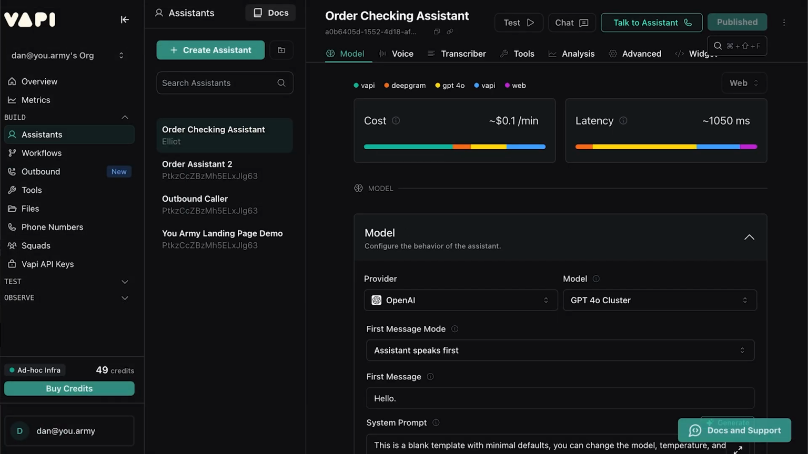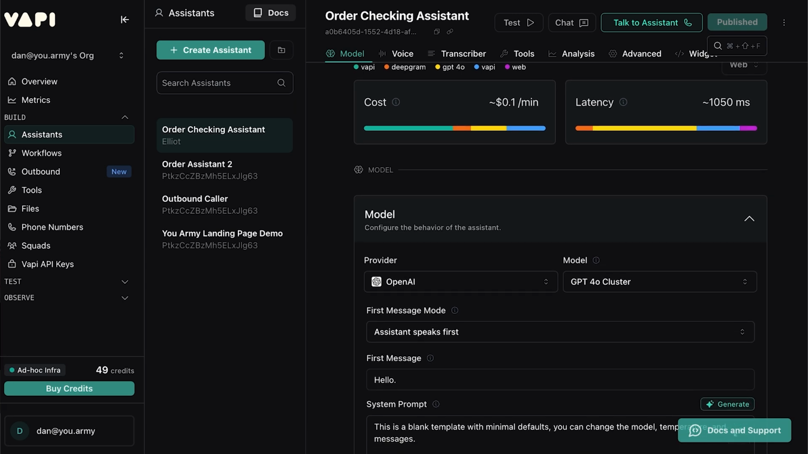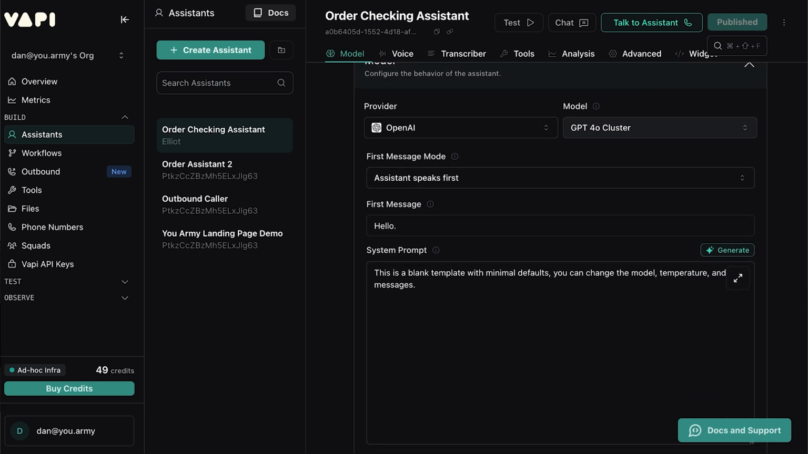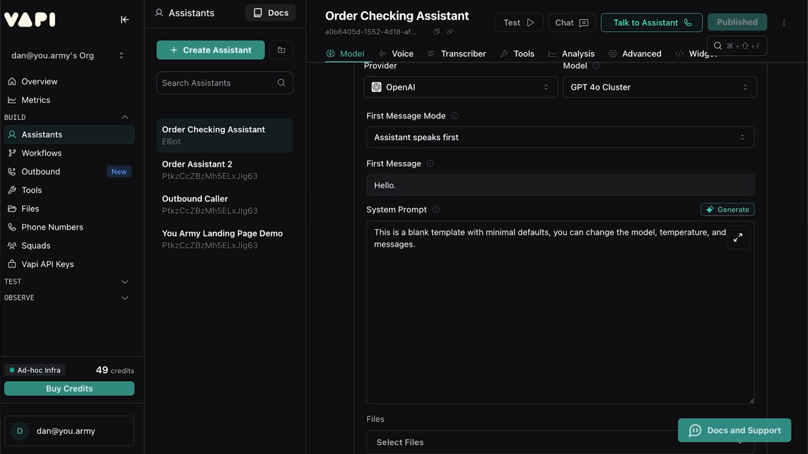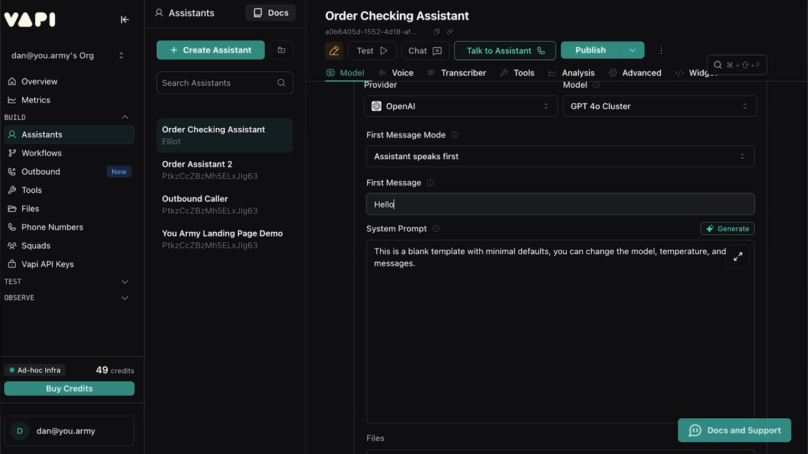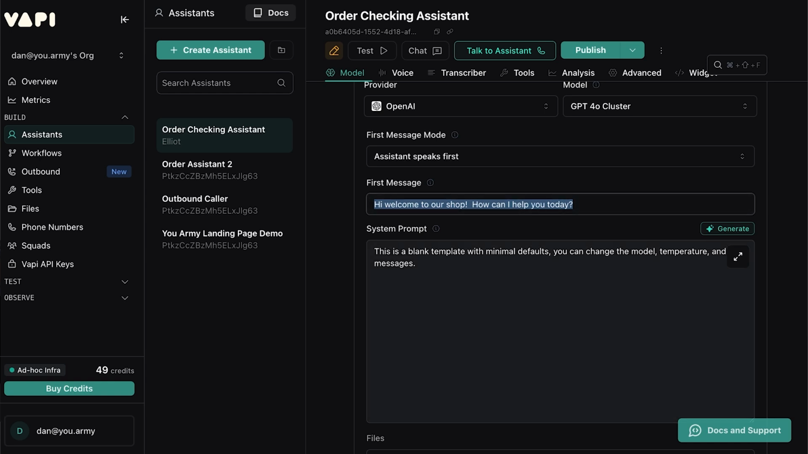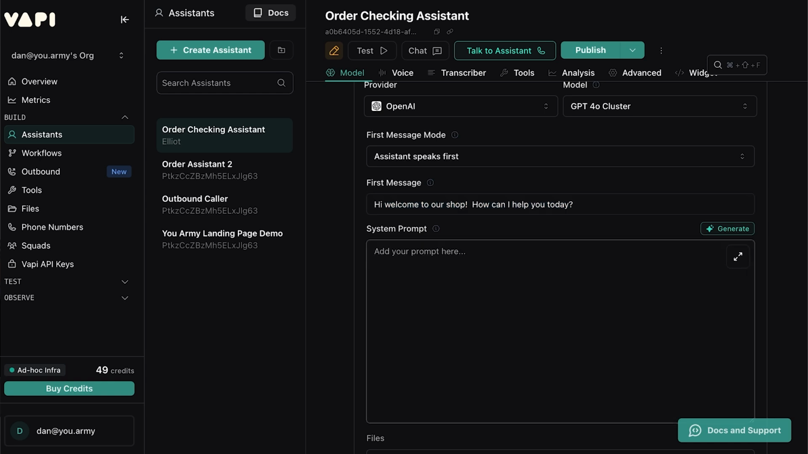And here we've got all of the settings to configure the AI voice agent. So the first thing we're going to do is check the model. We're going to be using OpenAI, and we'll use GPT-4o cluster for now. And the assistant speaks first when the phone is answered. And just for starting out, we'll put a simple opening line here. This is what the assistant will say when it picks up the phone. And for now, we'll just put a simple prompt just to get started. So we'll say, you are